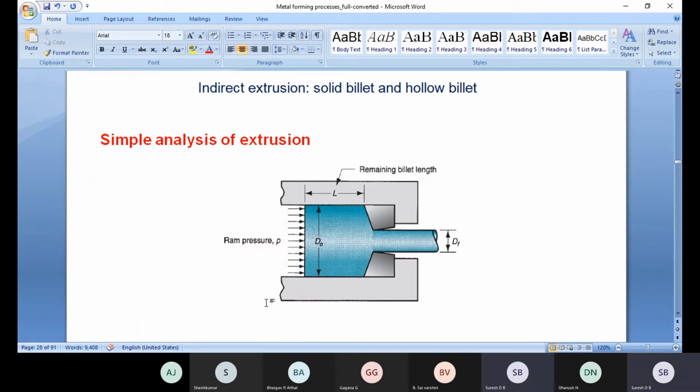This diagram: direct or indirect extrusion process? Direct, sir. Direct, because in this one, in the loading direction only, the material comes out between the two dies. Okay, how to analyze the extrusion process? In which angle can you manufacture the dies? Why do you maintain a taper in both the longitudinal direction as well as the lateral direction?